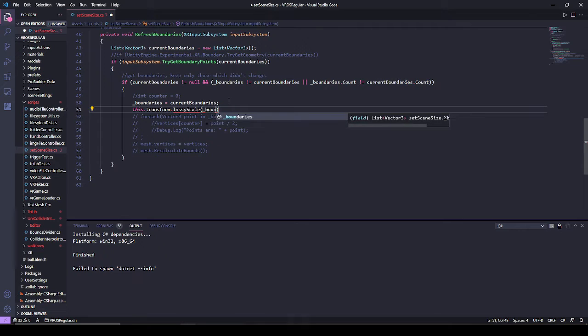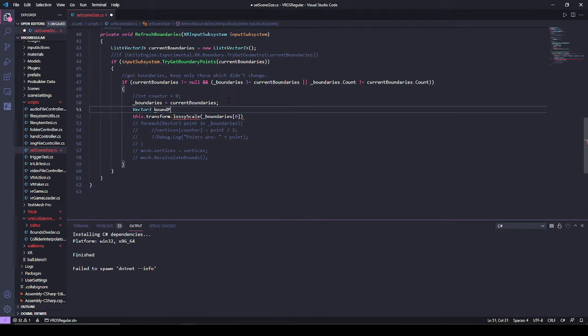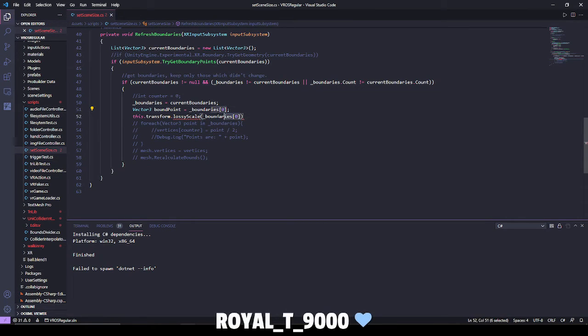It's going to be underscore boundaries dot, nope, boundaries at 0. Here, let me actually make that its own bound point equals underscore boundaries at 0, so I don't have to keep doing this. And I want to absolute value it,